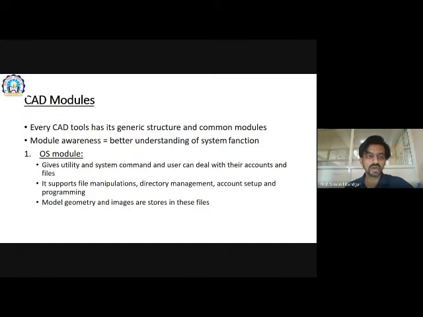But if your tool is not supporting any OS module, then you cannot do all these things in that software. Many pieces of equipment without an OS don't have an OS module, and the manipulation of programs, the setup of accounts, and the usability get reduced, right?